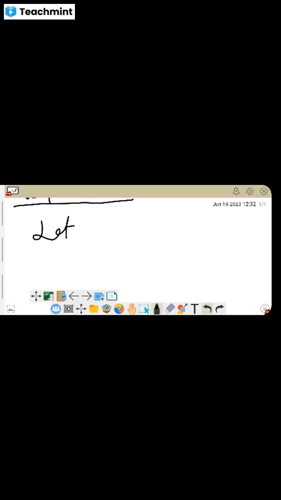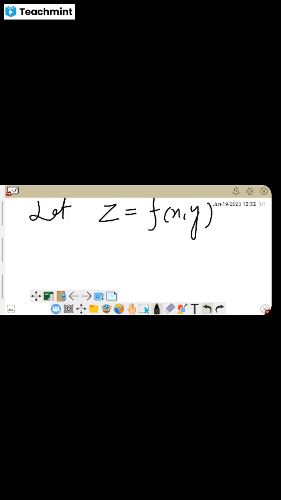Let z be a function of x and y, then we can differentiate z with respect to x or with respect to y. So we can replace this partial derivative by using this small p, and this is small q,